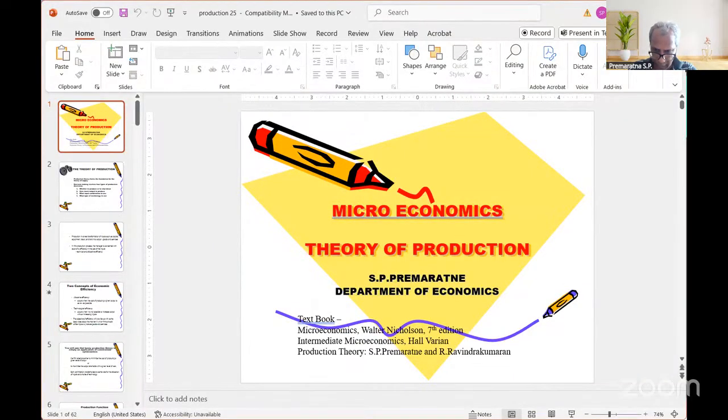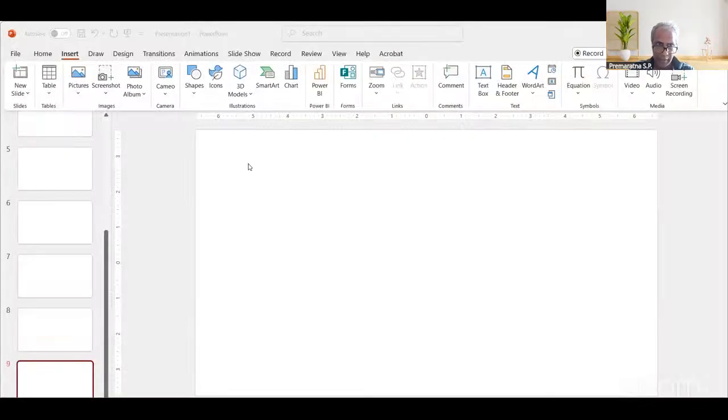The cost side, I did not discuss, but I discussed the isocost curve. Today, now I'm going to briefly discuss the cost side of the story. Now, before that,